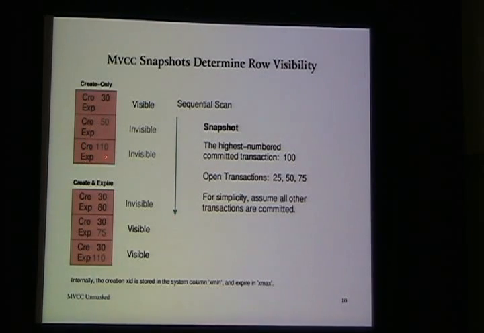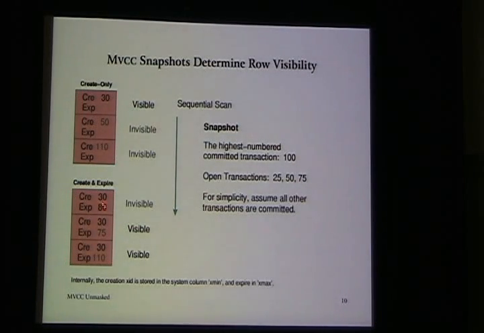Similarly, this one is a new row. It was inserted after I took my snapshot, 110. Again, this is not a row I can see. So you can start to see how you have this sort of visibility where you can see certain things and not see certain things. It's really kind of freaky, but it's really the only way to understand how